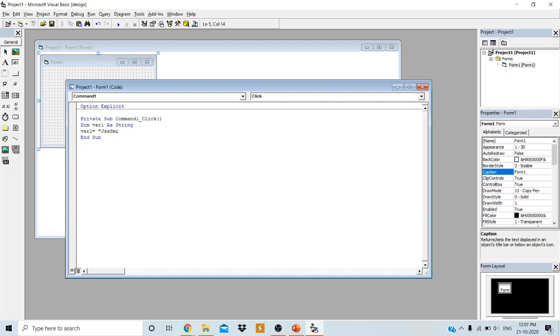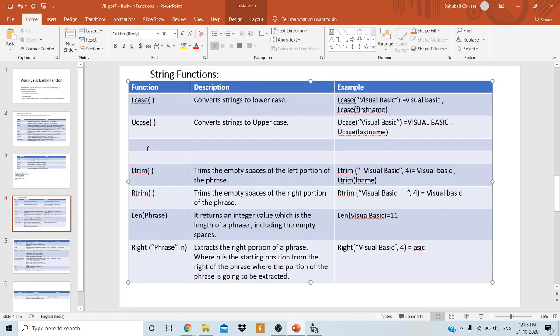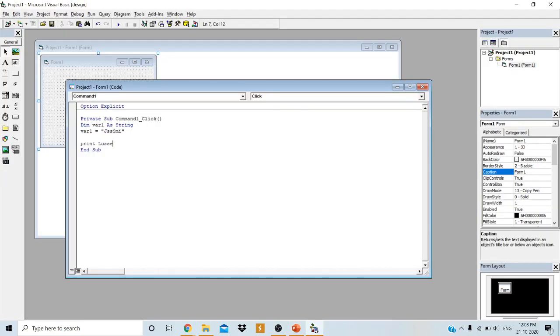Observe which letters are capital and which letters are small. Now what I will do is print LCase of what I have to specify here, var1 as the argument.